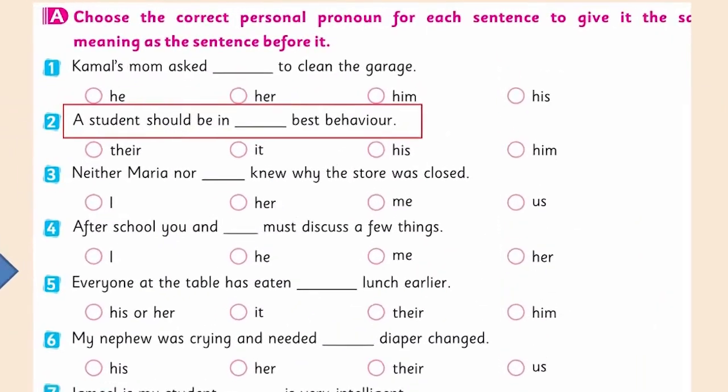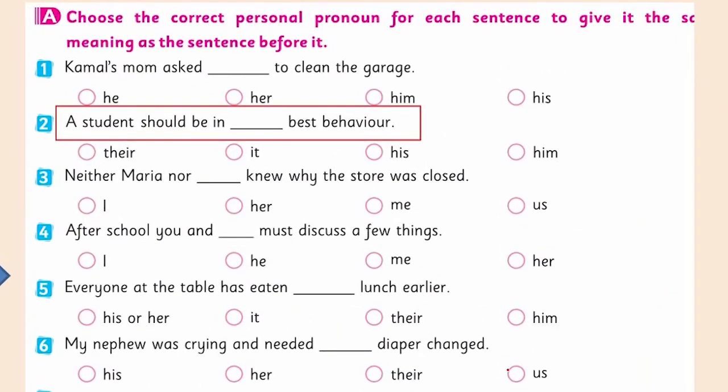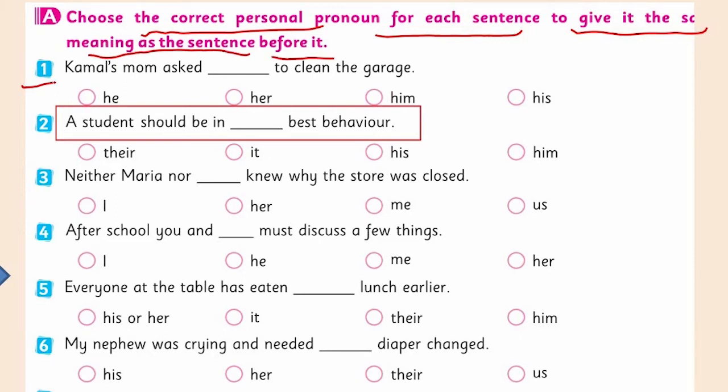Look at the exercise here on page number 31. Choose the correct personal pronoun for each sentence to give it the same meaning as the sentence before it. Look at the first one here. Kamal's mom asked to clean the garage. Kamal is a masculine noun here. So what will we do? His